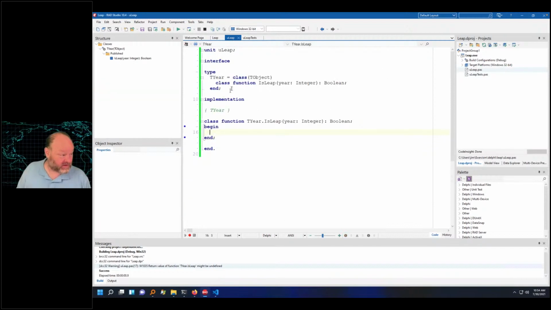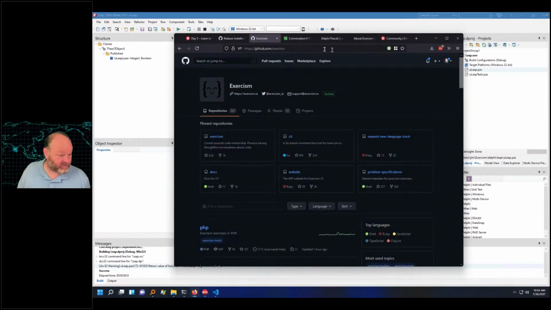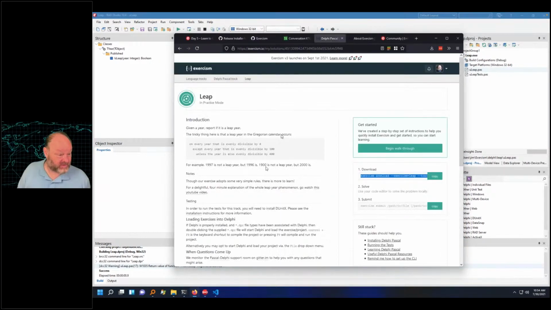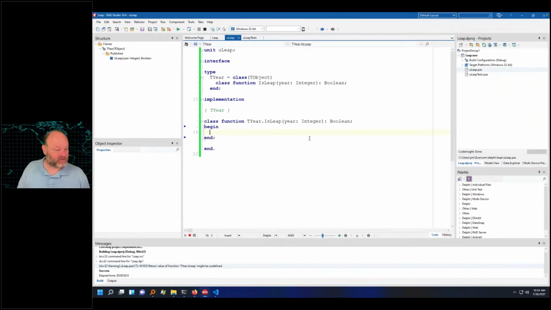So if we look at the specification again for this one, a leap year is every year that's divisible by 4, except every year that's divisible by 100, unless that year is divisible by 400. Okay, so we'll say